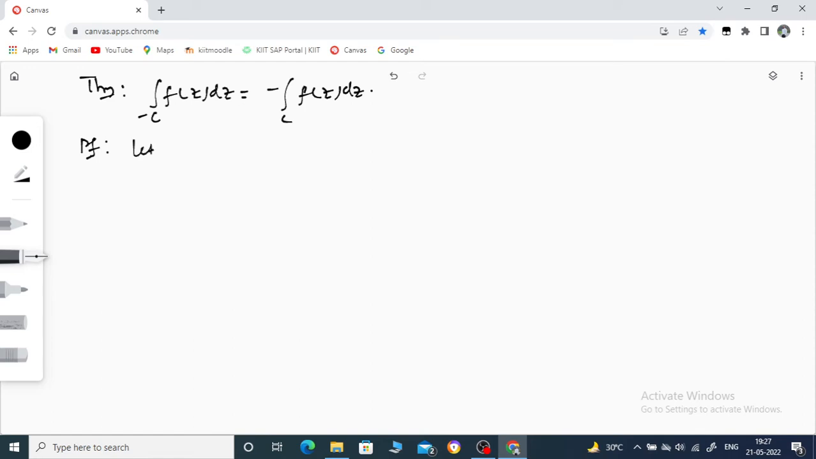Let c be the curve given by, so what is the equation of c? Let the equation of the curve c be given by z is equal to z of t, where t varies from a to b. Okay, suppose this is given to you, and you have to integrate over minus c, which is equal to minus of integration over c. So then